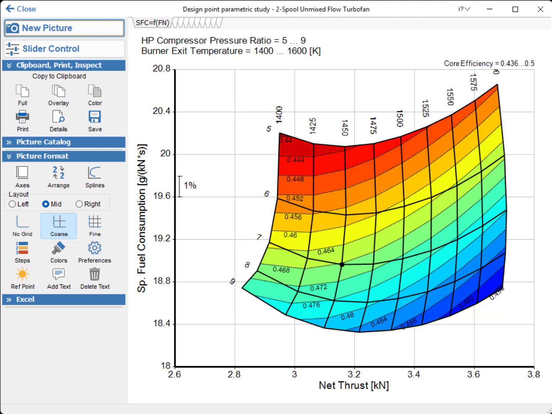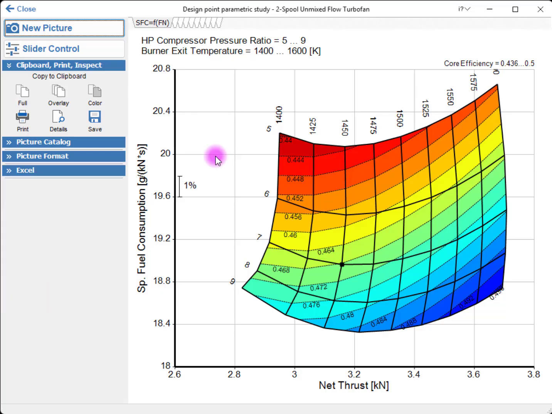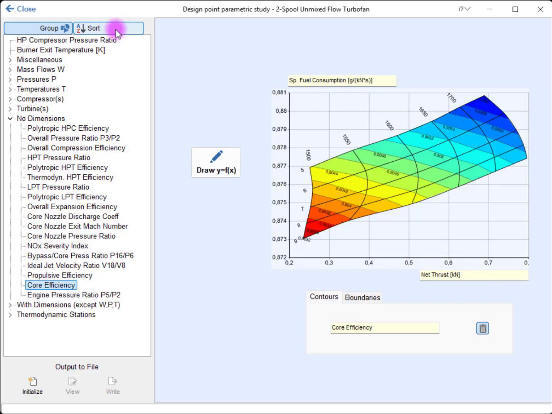When choosing gas turbine cycle design parameters, we have to keep many limits in mind. To take such limits into account when conducting a parametric study, they can be visualized in the diagram. Let us create a new picture. In this case, we will define the inlet temperature of the LP turbine as a limiting factor, for example, due to the turbine material. We select the LP turbine inlet temperature as a limiting parameter by dragging the parameter into the field in the Boundaries tab.